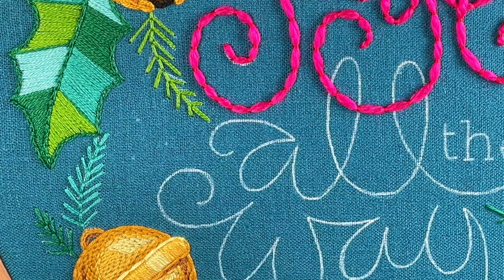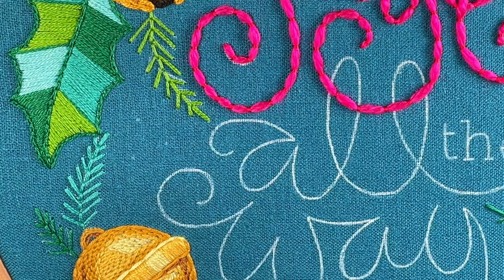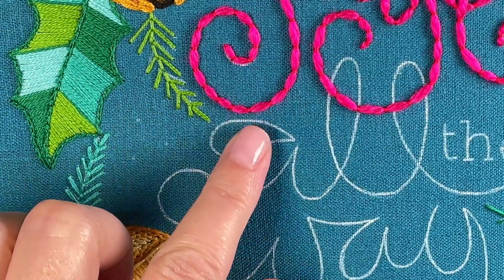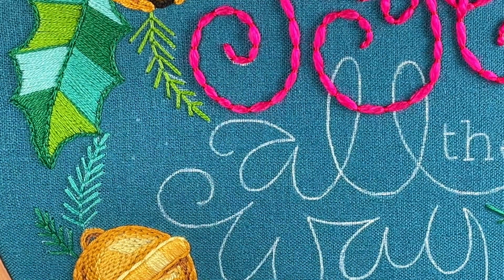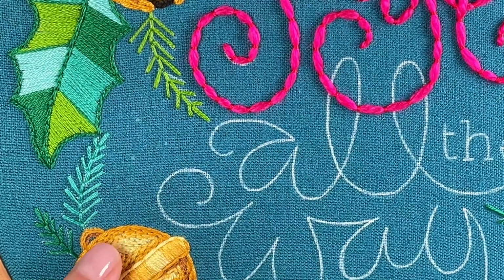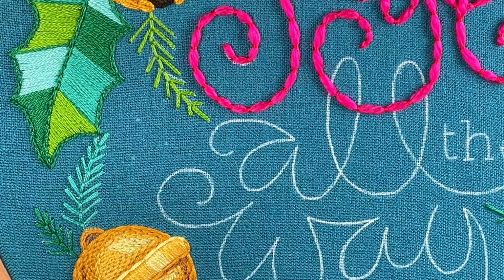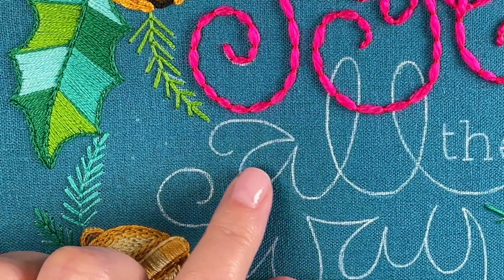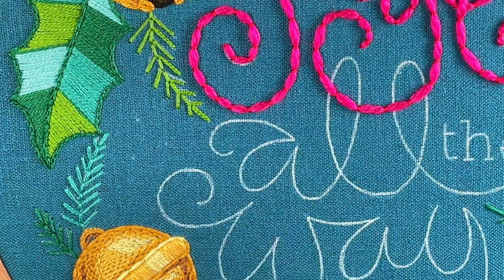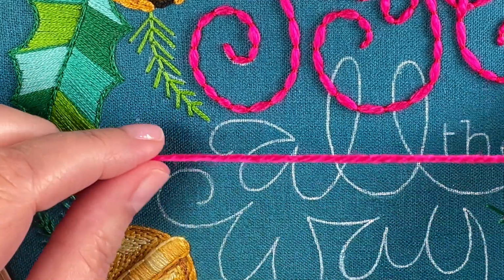And another really good stitch for lettering is couching. You can see up here I've done a little bit already. And I know that we already did couching over on the Jingle Bells, but that was with six stranded DMC thread. So a much smaller line. And I wanted a thicker line for the lettering on this design, but I also wanted to use my favorite